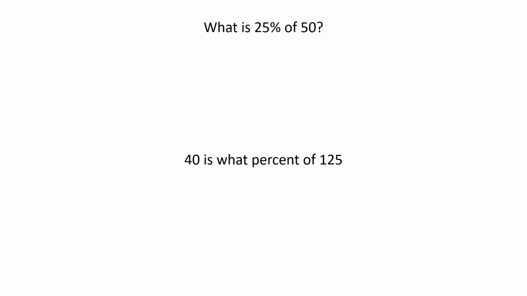Now, two words. We've always had these keywords in math, like sum means addition. Product means multiplication. There's two words you may already know: is in mathematics means equals. Of in mathematics means multiplication. So what we have to do is convert this English sentence into a mathematical sentence. Anytime that we see what number, what percent, what fraction, that's going to become our x. So what is going to be our x? Is in mathematics means equals